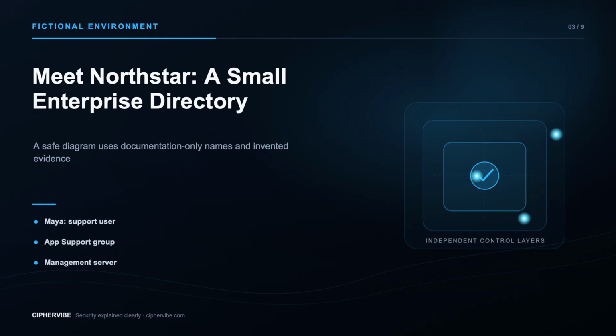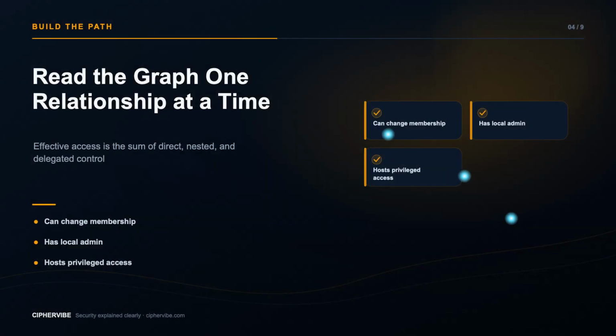The safe demo screen shows only a relationship graph: Maya to Helpdesk, Helpdesk to App Support to MGMT03, and the management server to a privileged session. No attack is executed. First edge: Helpdesk can change App Support membership. That means a compromised Helpdesk identity could potentially influence who receives App Support privileges, depending on the exact access control